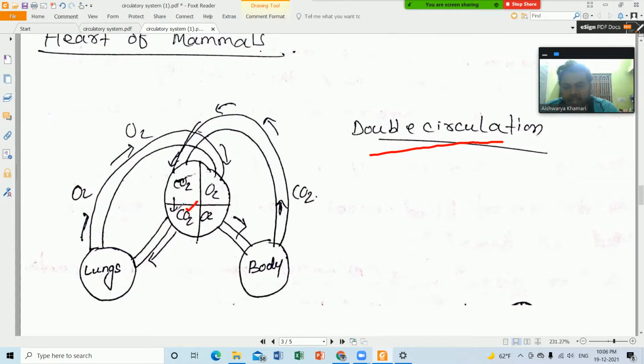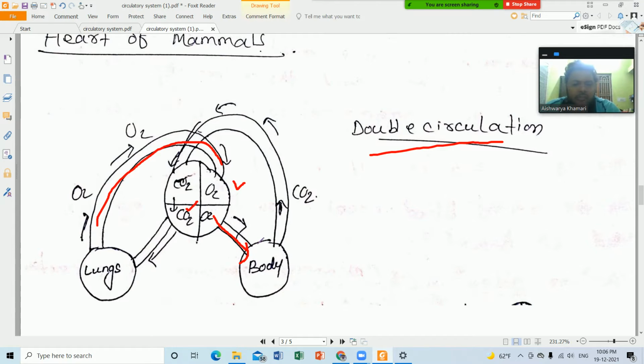From the right ventricle, the deoxygenated blood goes to the lungs, where the blood gets oxygenated and comes to the left auricle of the heart. From the left auricle it comes to the left ventricle, and from the left ventricle it is circulated into the body,